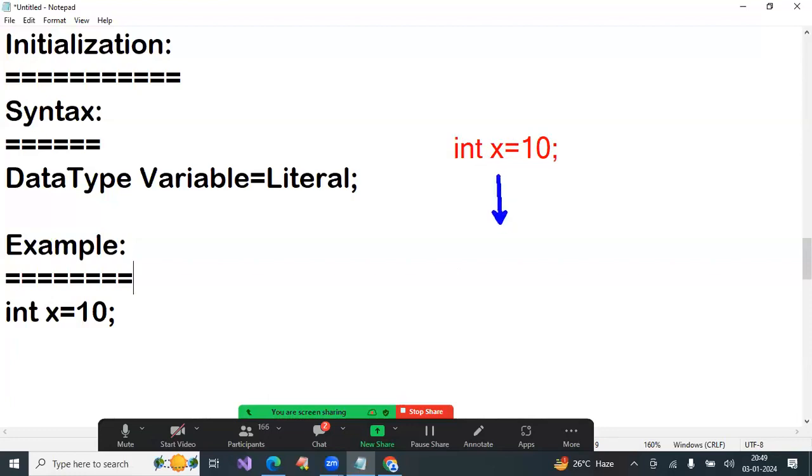Before variables, you studied data types. Which is the data type? Int is a data type. Before data types, yesterday, you studied literals. Which is the literal? 10 is a literal.